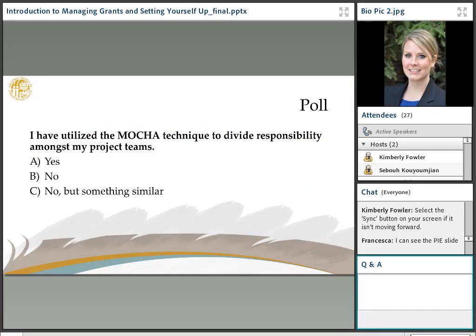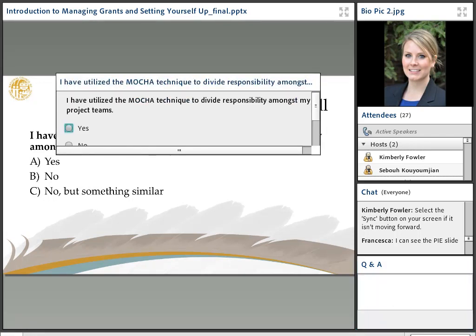So just a quick poll of the audience. Has anyone used the MOCHA technique to divide responsibility amongst your project team? Yes, no, or no, but it's something similar.